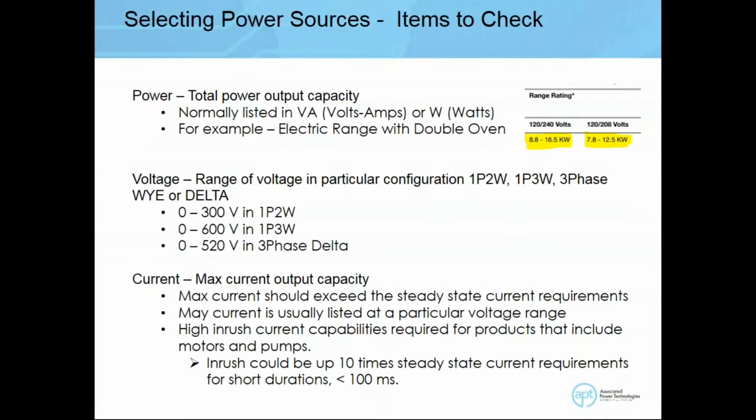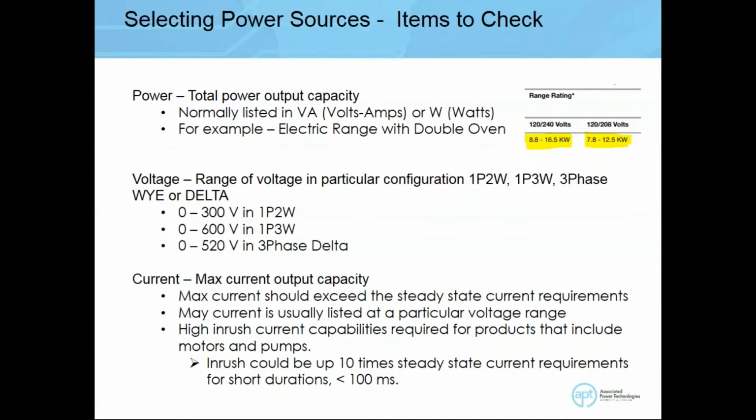So, take a look on the right here. We have an example of a power rating from an oven. The oven requirements at 120 volts, maybe 120 volts to 240 volts, could be anywhere from 8.8 kilowatts to 16.5 kilowatts. Now, I need to make sure that my source is able to output at least 16.5 kilowatts of energy. Electric ovens or electric ranges have much higher requirements on the current,